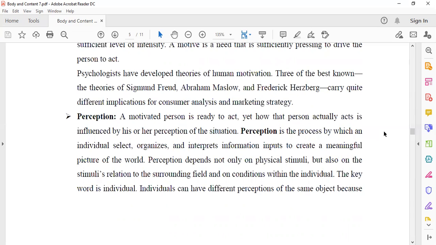I could pick up a phone and two different persons may perceive it in different ways. Maybe say an iPhone. Mr. A may see it as a prestige product. Mr. B may see it as affluence. Either of these two perceptions will affect whether they will buy the product or not.